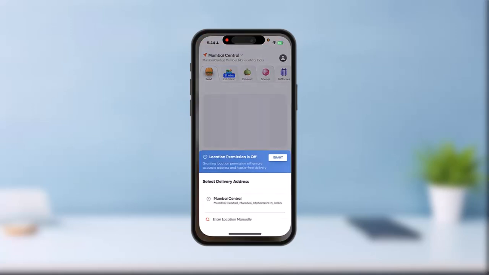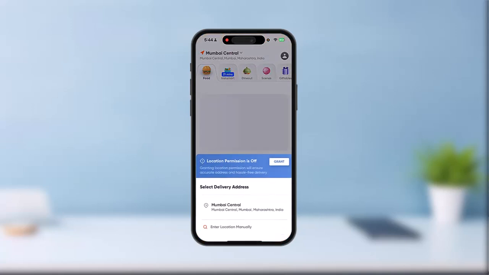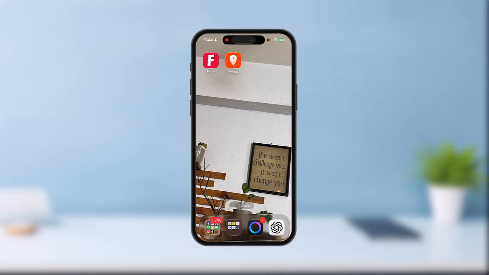दूसरा चीज़, you want to simply go ahead and force close your Swiggy application and reopen it. ये भी ठीक नहीं हुआ तो simply go ahead and restart your mobile device and that should go ahead and fix your problem. However, also try to go ahead and look for Swiggy's server if it is down or not